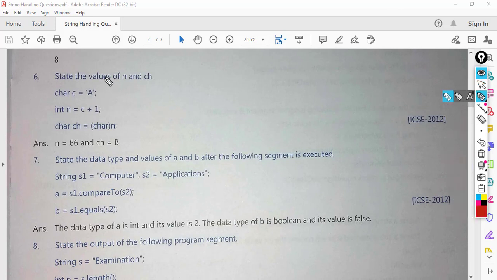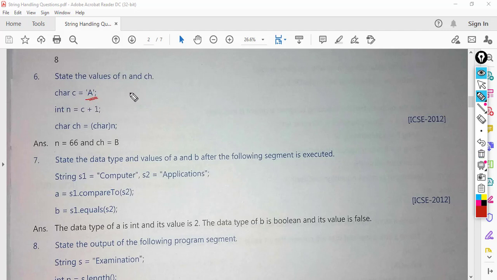Then next we have: state the values of n and ch. So in c, which is of char type, we are storing the character A, and then in the next line we are doing c plus 1. That means the ASCII value of A will be taken and added to 1.